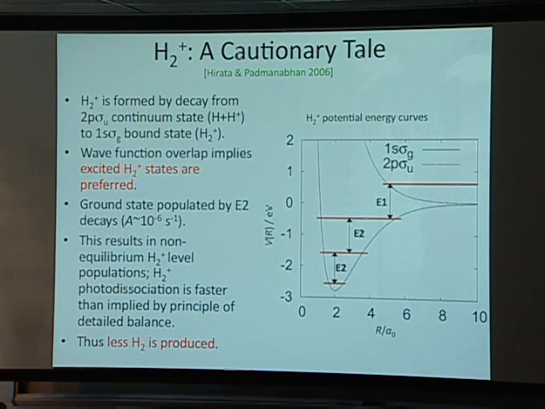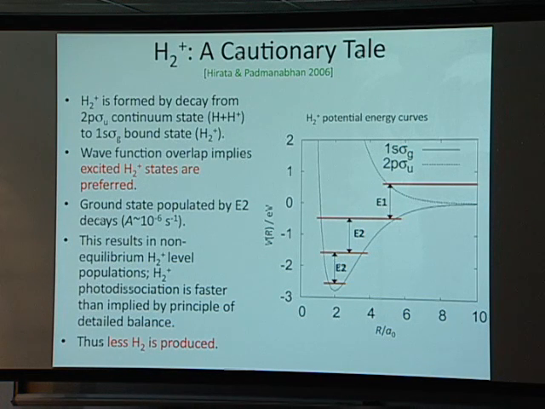So this paper was about screwing up the formation of H2 because of the non-equilibrium populations of the rotation-vibration levels of H2+, which sounds like a fairly technical thing, but I'll show you in a couple of slides how much of a difference it makes. The idea here is that the positive catalytic channel, the H2+ channel, was believed at one time to contribute most of the molecular hydrogen formation at redshifts above about 100.